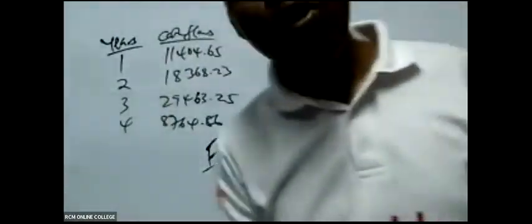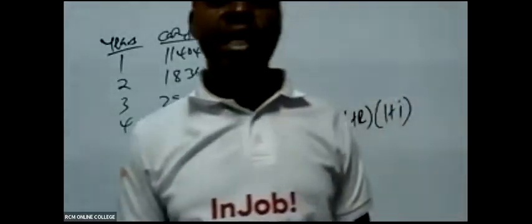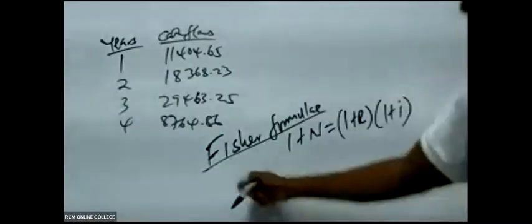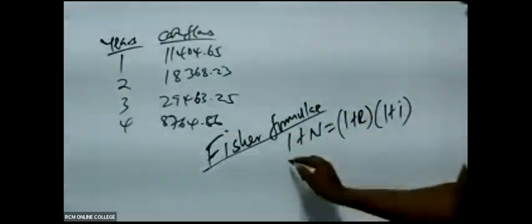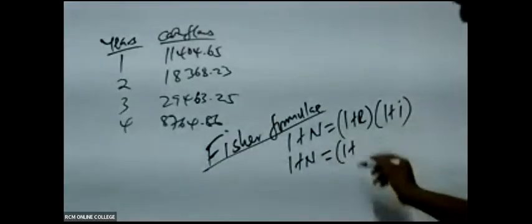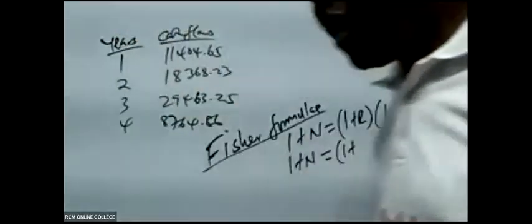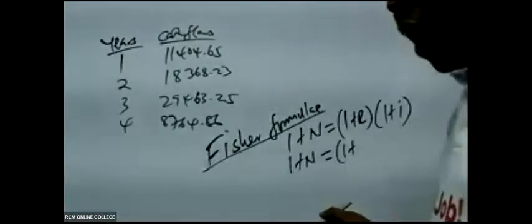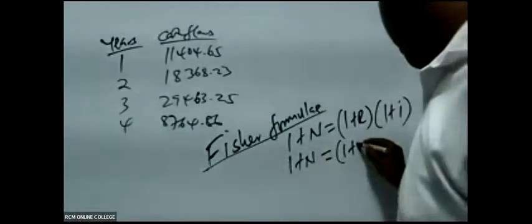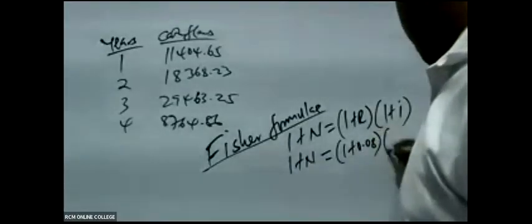But in case you have not been given the nominal rate, you have been given the general rate and the real rate, then how do you get the nominal rate? You use the Fisher's formula. So it will be 1 plus n is equal to 1 plus, what is our real rate? 8%, 0.08, multiplied by 1 plus